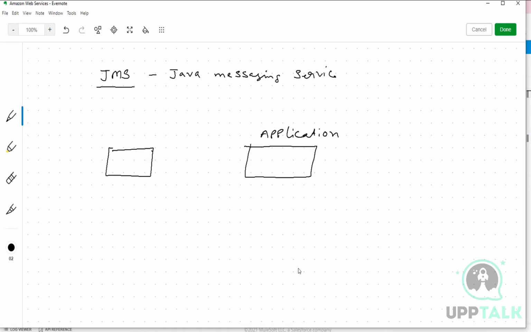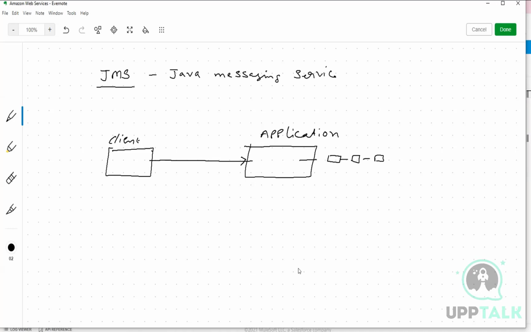Let me give one scenario in my project. There is an application which takes messages from the client applications, and in this application, there are business processes defined. There is some software called Camunda where we define business processes: when a request comes, who needs to approve it, who needs to delegate something. So when the client interacts directly with our application,